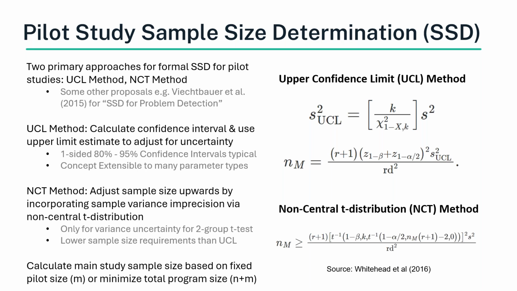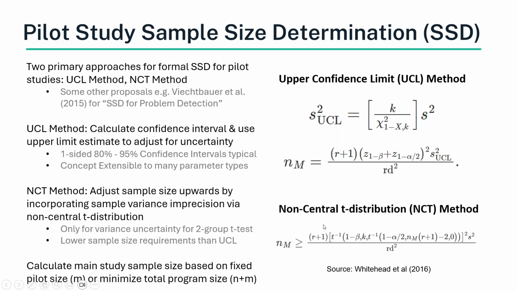And so basically this method provides a mechanism via which you can reduce the overall sample size to its minimum if we include the total of the program. One thing to note here is that the UCL approach is probably easier to explain. It also has fewer things that affect it. It's basically just affected by the level of confidence you have and the size of the